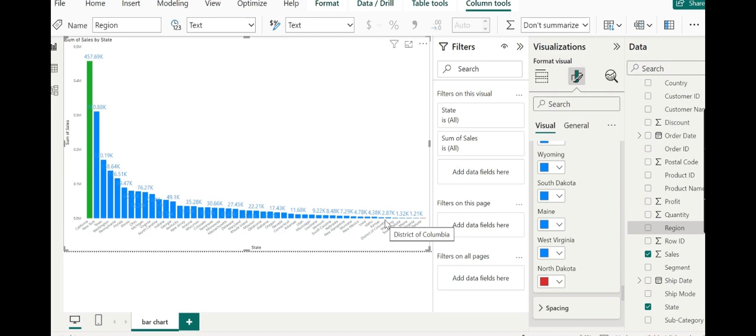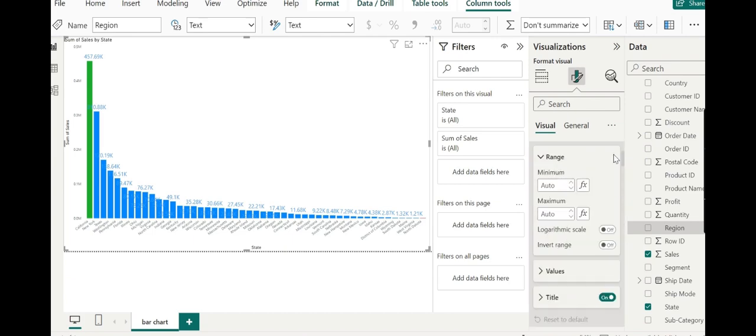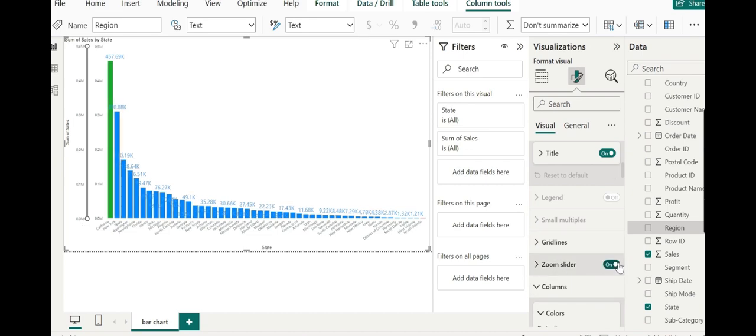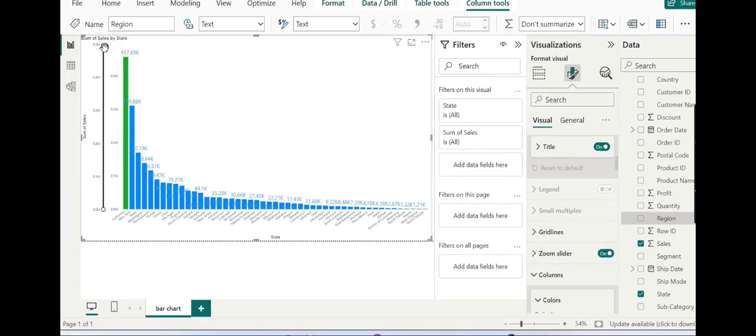We simply add in a zoom slider, again an important and interesting feature in Power BI. If you want to highlight or view a particular portion, we will go to the zoom slider, and after clicking here, turn the zoom slider on.